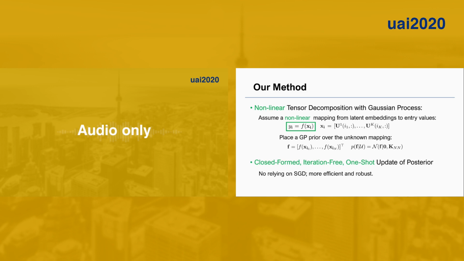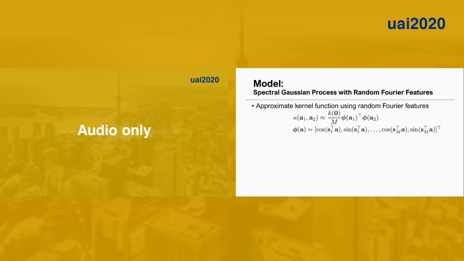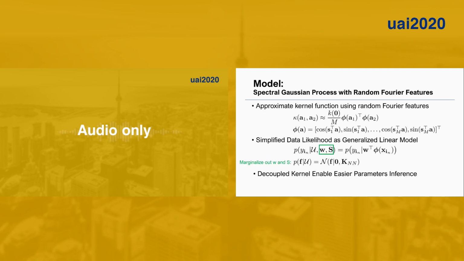To construct our model, we first consider to approximate the kernel function using random Fourier features. Based on this approximation, we could build a spectral Gaussian process model with simplified data likelihood as a generalized linear model. Note that if we marginalize all the feature weights W and the random frequencies S, we will recover the joint multivariate Gaussian likelihood as the conventional one.